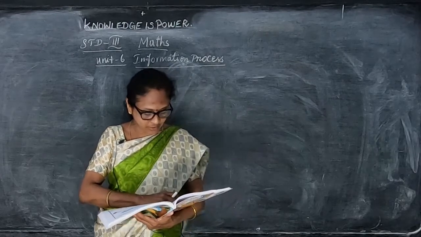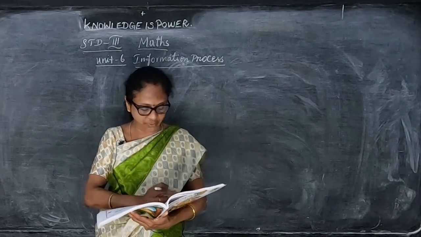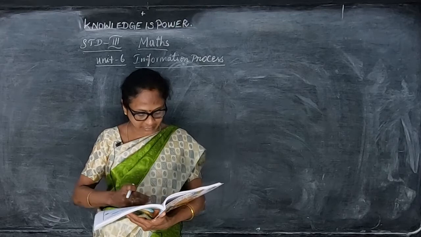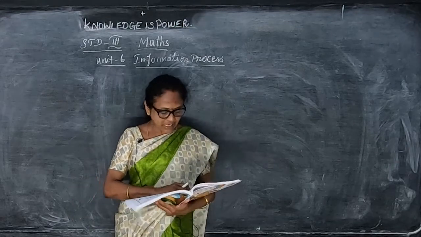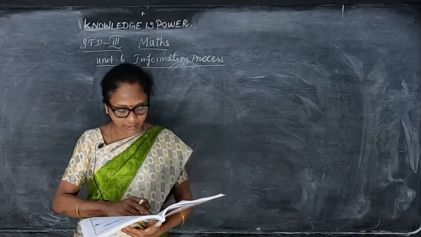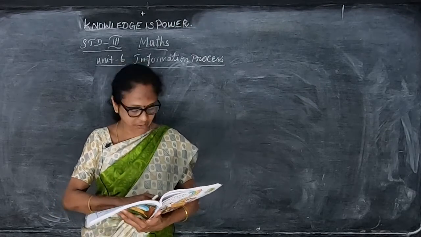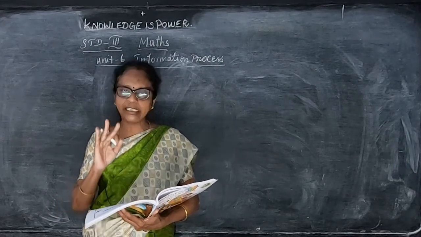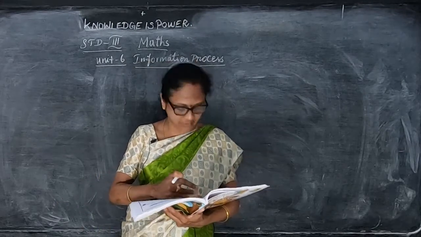In the first picture, they have given yellow trouser and yellow shirt, green trouser and yellow shirt. Again the same: yellow trouser and blue shirt, green trouser and blue shirt. Again yellow and pink, green and pink. In these possible ways he can wear the shirts. There are 6 choices, so 6 times he can wear these choices of dresses.